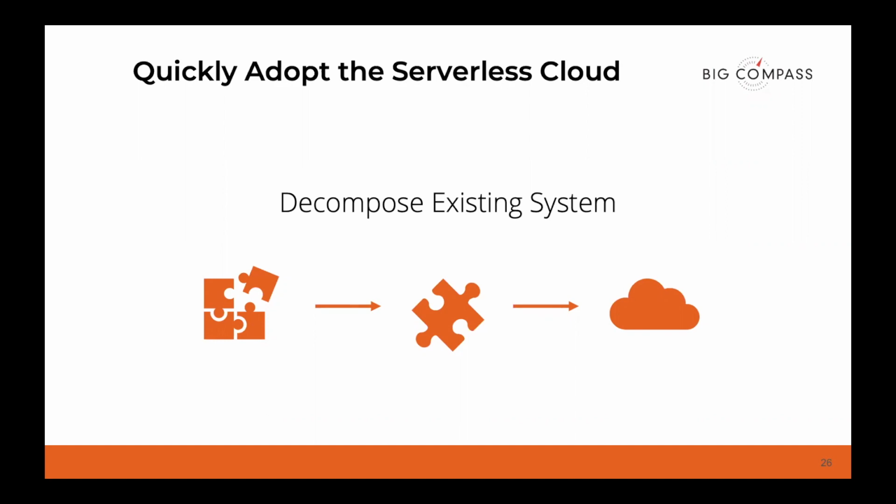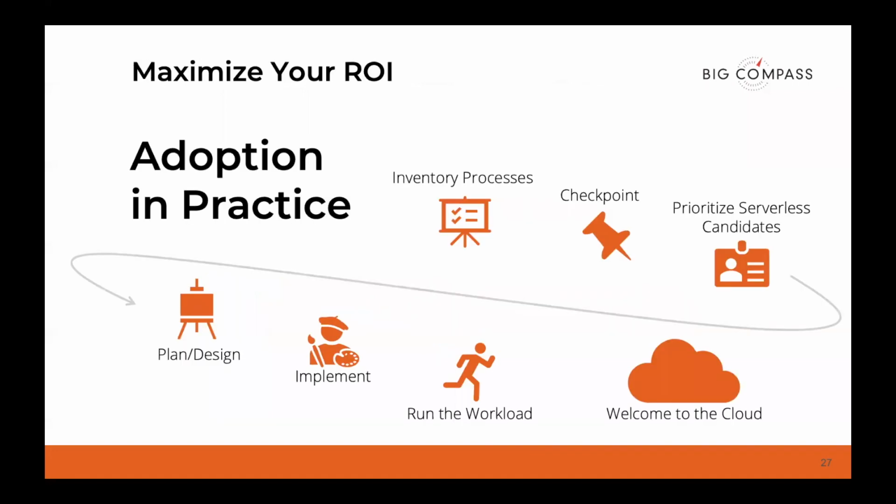Again, it's not all or nothing. You might take this hybrid approach to deliver that iterative success. And that's exactly what we suggest many times here at Big Compass. It works really well. And so how do you actually accomplish this in practice in the real world? And I don't think it's a magic trick or marketing scheme or anything like that. It's just based on experience and what we've seen be successful.